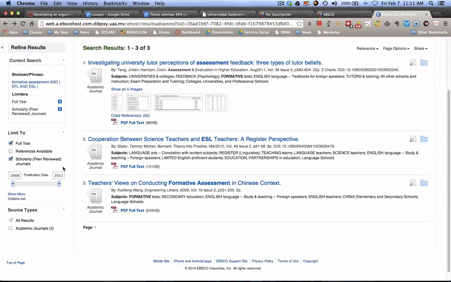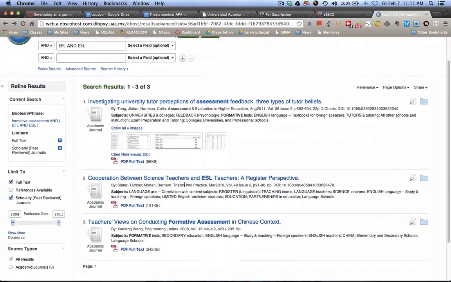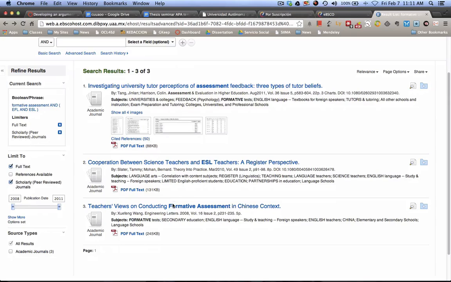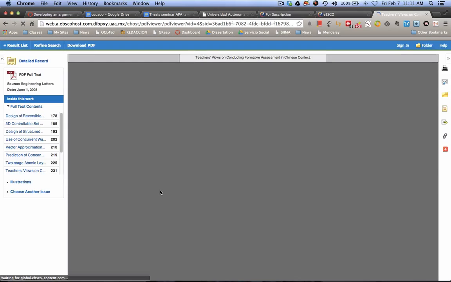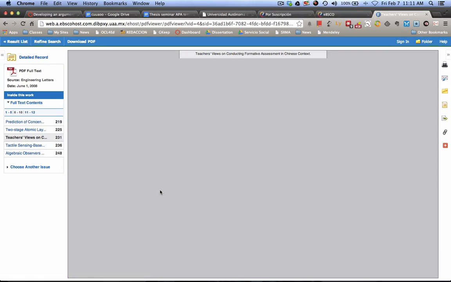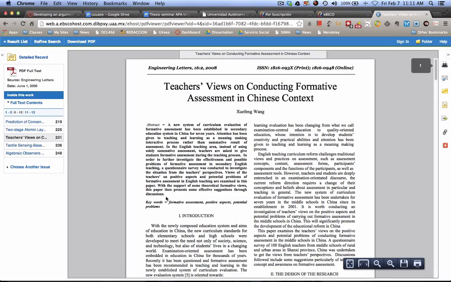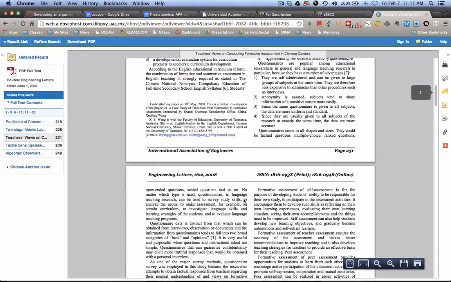If you select those, then all of your hits or results will be articles that you have access to. If you don't select these, you'll get some that are just the abstracts, and you won't have access to the entire article, and that won't help you. So this way you're ensured. Now there are only 3 results with these search terms, but you can change the terms and see what hits you get. But let's take a look at this article,